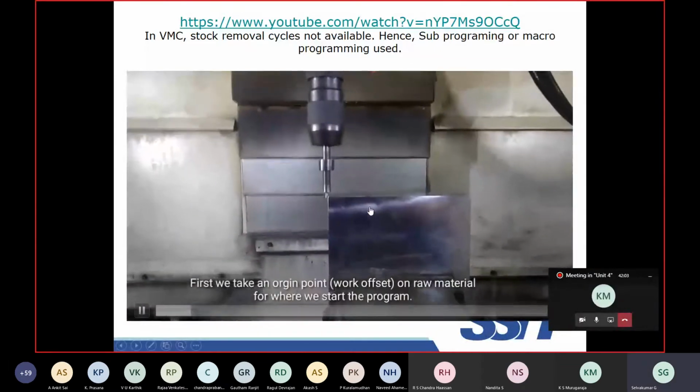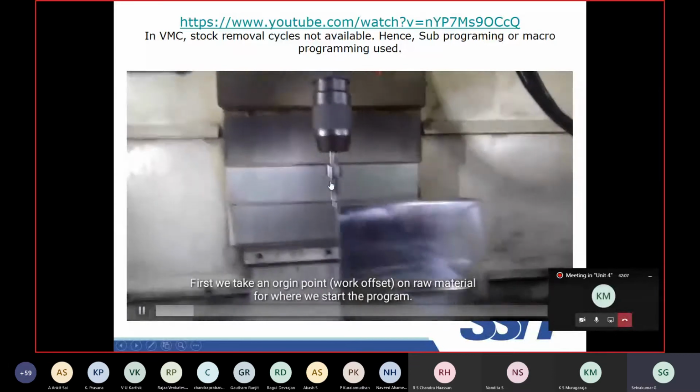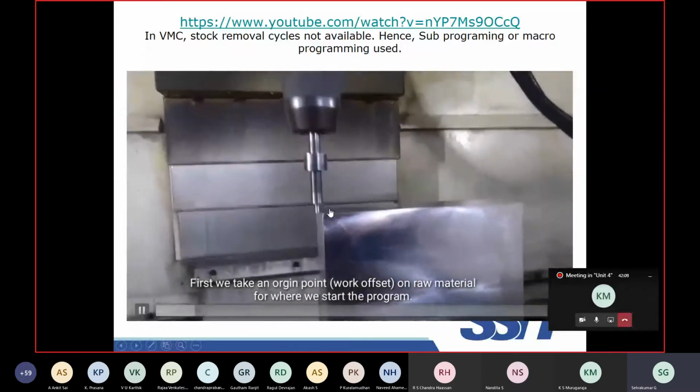Coolant on. So how is the center point fixed? This is a very important thing. It is an accurate center. It is placed here.